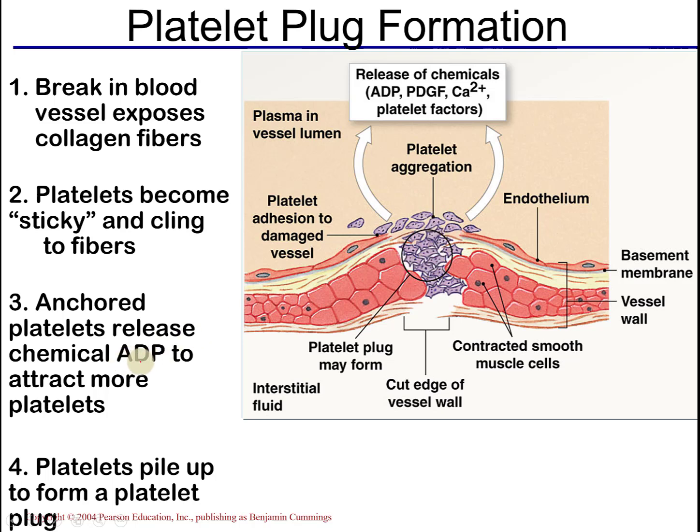Now I want to go back to ADP for a minute, because this is adenosine diphosphate. You may remember this chemical. This is the one where if you add one more phosphate, you get ATP, which is an energy molecule for the cell. But here, ADP is acting to attract more platelets. So that's kind of an interesting role. So now we have the vascular spasm and the platelet plug, which